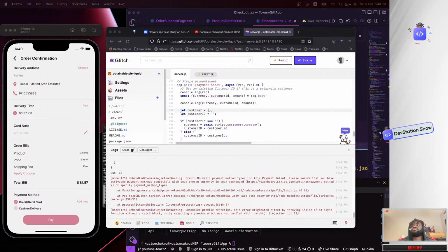So we are having an issue for Stripe right now. Take a look at our Stripe dashboard.